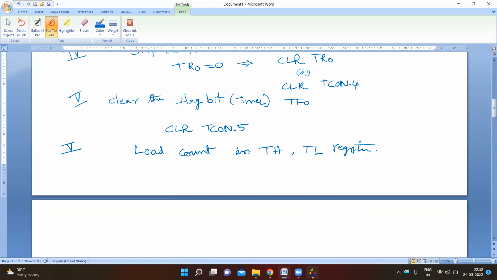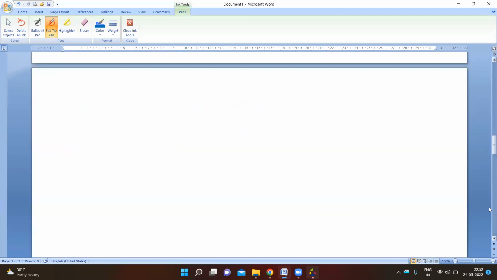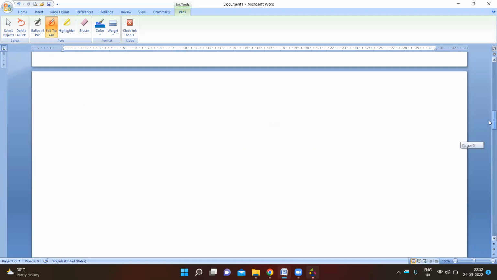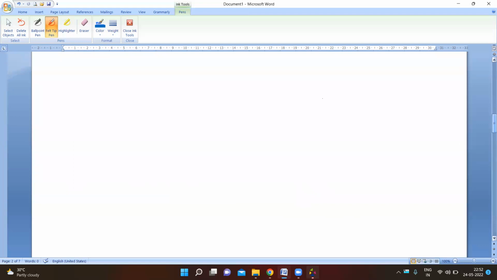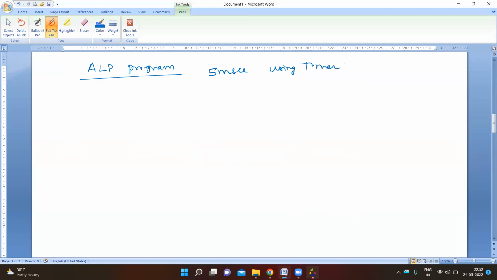And next, now we'll see the ALP, assembly language program, to generate a 5 milliseconds delay using timer 1 mode 1. So we already calculated in step 1 that the TMOD value should be